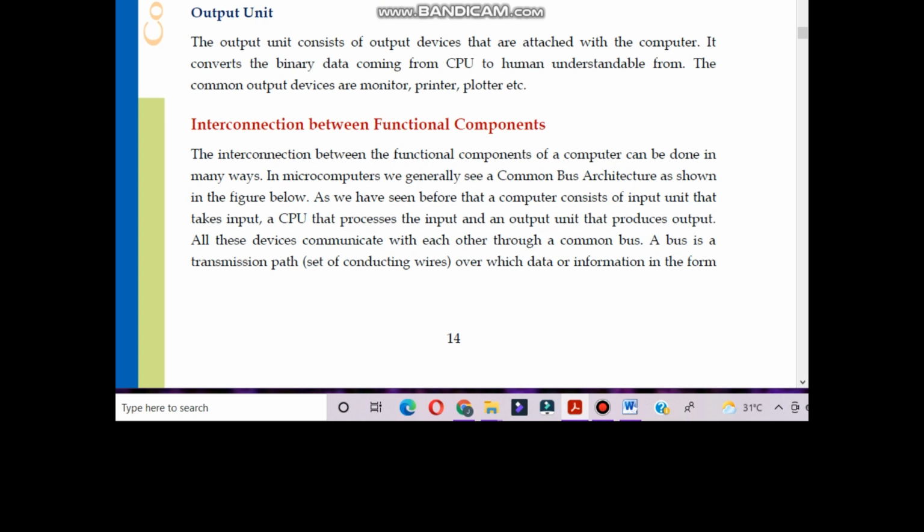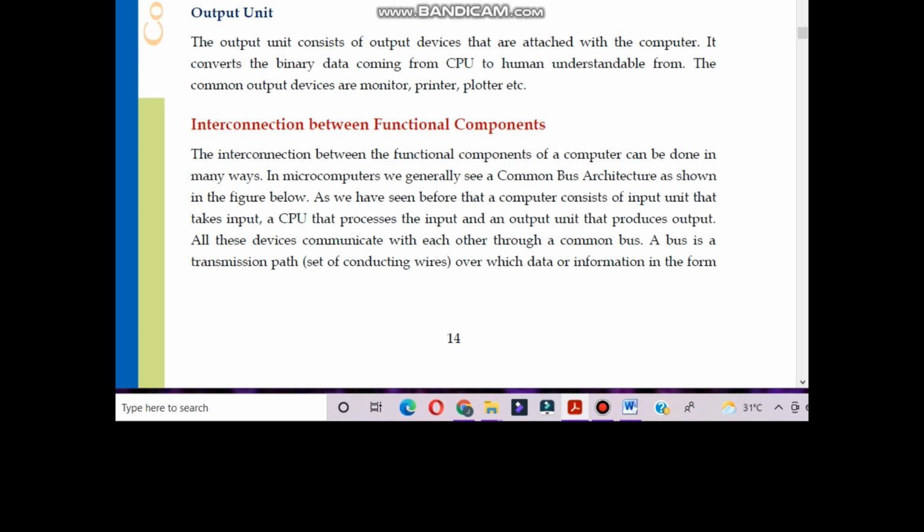A CPU, the central processing unit, processes the data, and an output unit, meaning output device or devices, produces output, meaning it shows the result or output. All these devices communicate with each other through a common bus.